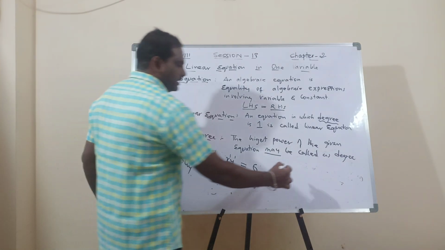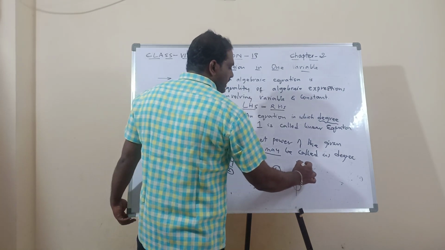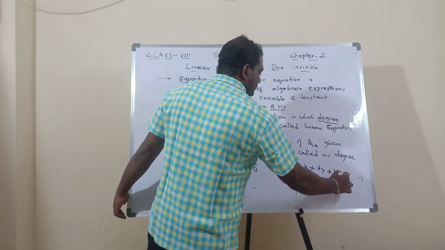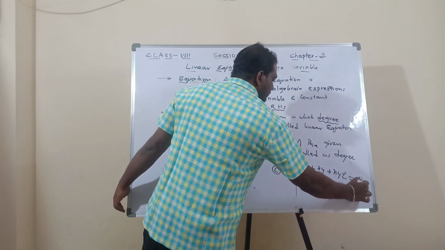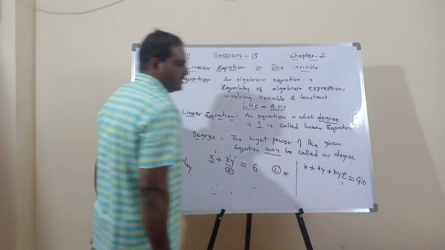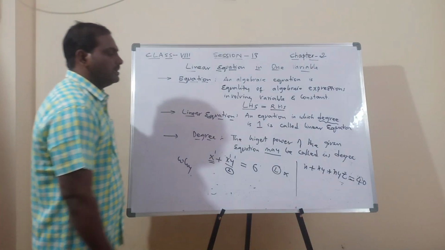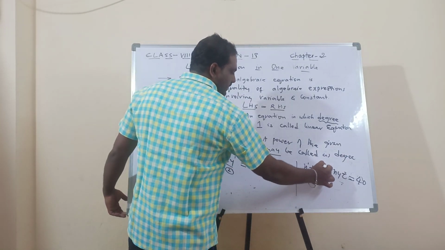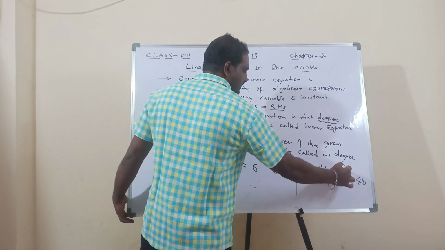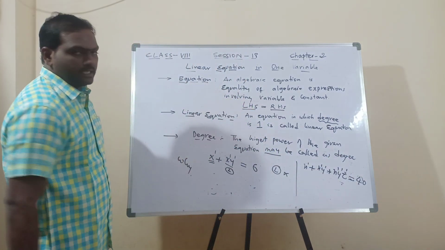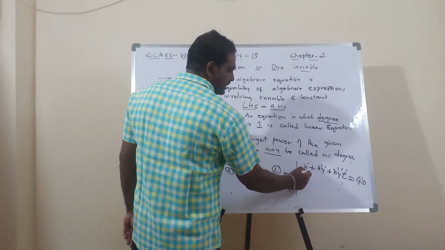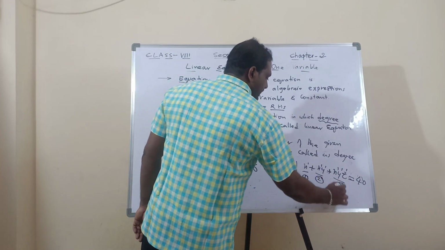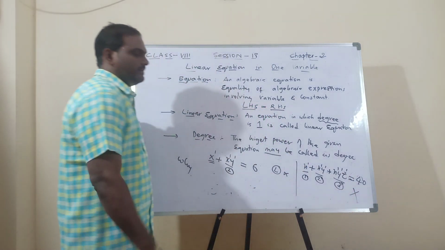Okay. So now I'll go for one more example. Look at this. x plus xy plus xyz is equal to 40. Suppose this is given. Now can you guess what is the degree of that? Yes, it is 1. And for this one, nothing is given means 1, 1. And this is also 1, 1, 1. Now what is the degree of that? Here it is 1. And this is 2. And this is 3. So therefore the degree of the equation is 3. So it is not a linear equation.